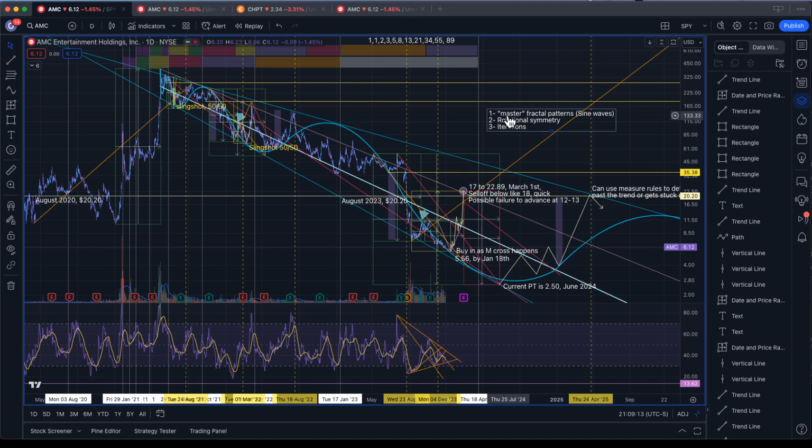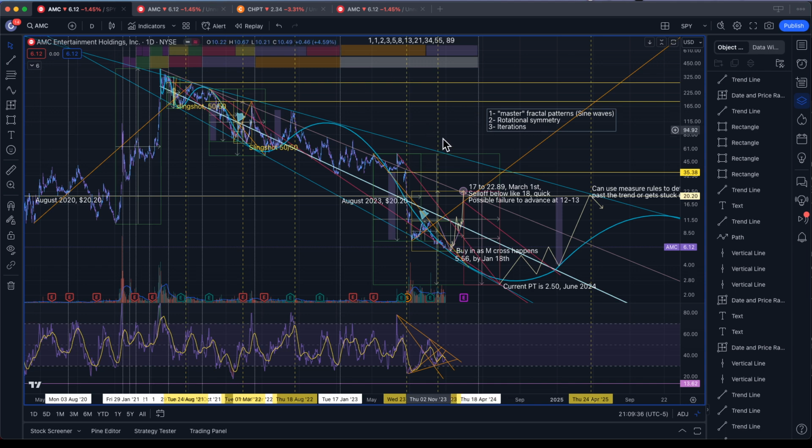ups and downs. Another thing is rotational symmetry. That's another key concept that I'm going to be talking about a lot in this video. Rotational symmetry is like a clock. If you think about the top and then turning around on the bottom, you can think of an S if you want, but you can also think about it like a clock spinning around and you have the same